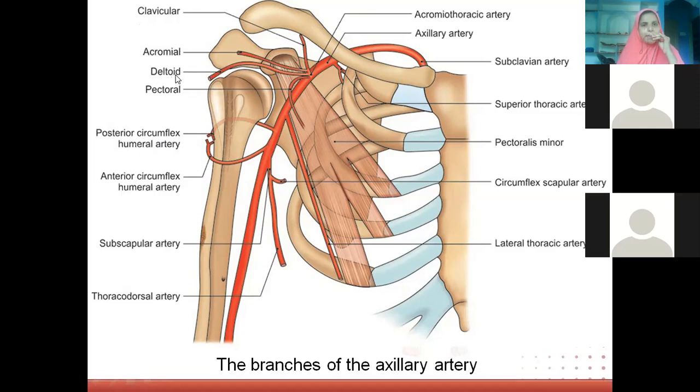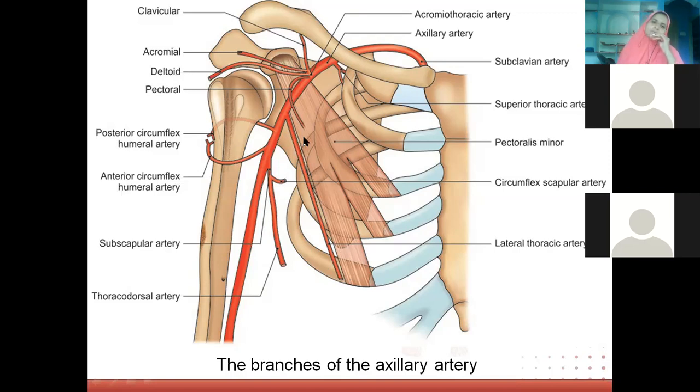Okay, so that is APCD, the acronym or the mnemonic for us to remember the branches of thoracoacromial artery, which in turn is a branch of the second part of axillary artery. After this, we have one more artery from the second part, that is lateral thoracic artery. This is the lateral thoracic artery. So you can see the lateral thoracic artery is running along the inferior margin of the pectoralis minor muscle, like this.